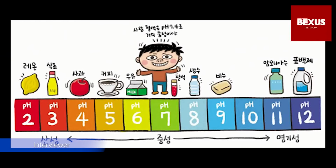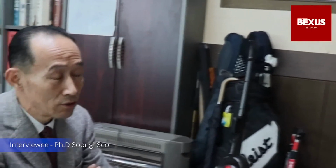As they did not work on and studied this area for a long enough time, they understand that all electrolyzed water is the same, but it is all different. These are different by pH, and the ones that are most commonly used are generally slightly acidic or alkaline. What you are saying now is that it doesn't matter whether it is acidic or alkaline, and even being neutral or 100 ppm is okay for sterilization? Is that correct? pH is the factor involved in sterilization, but it becomes important when there are no other substances